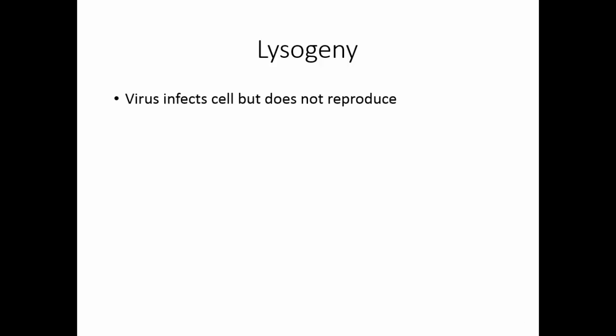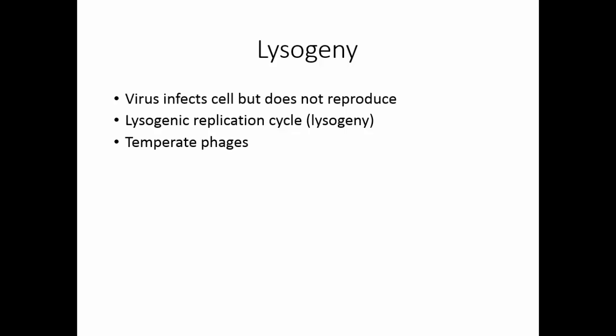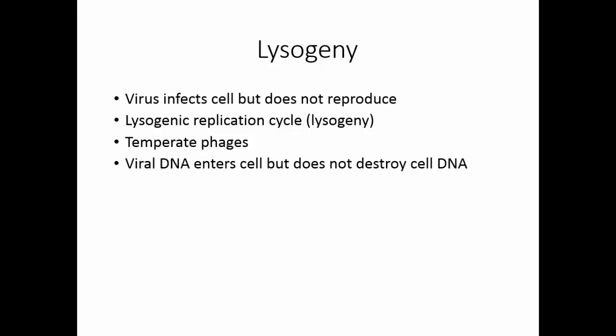Lysogeny occurs when the virus infects the cell but does not reproduce. The lysogenic replication cycle is what ensues. These are called temperate phages because they live temperately inside the bacterial cell and don't destroy it immediately. In the case of a temperate phage, viral DNA enters the cell, but the cell DNA is not destroyed. The viral DNA becomes what's called a prophage. The viral DNA remains inactive because some of the genes code for a repressor protein that prevents the bacterial DNA